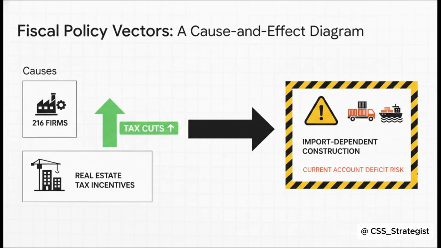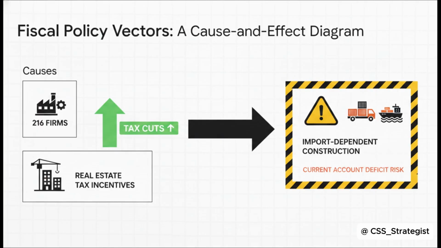Module 5, Fiscal Policy and Vulnerabilities. So, considering all of this, how is the government trying to finance its way out of these crises? Recent fiscal budgets show a real attempt to transition away from IMF-driven stabilization and pivot toward growth. The policy vectors here include things like a reduction in the supertax, which directly benefits around 216 non-financial listed firms, essentially boosting corporate profitability. Furthermore, the state heavily favors the real estate sector, reducing withholding taxes on property to stimulate construction.